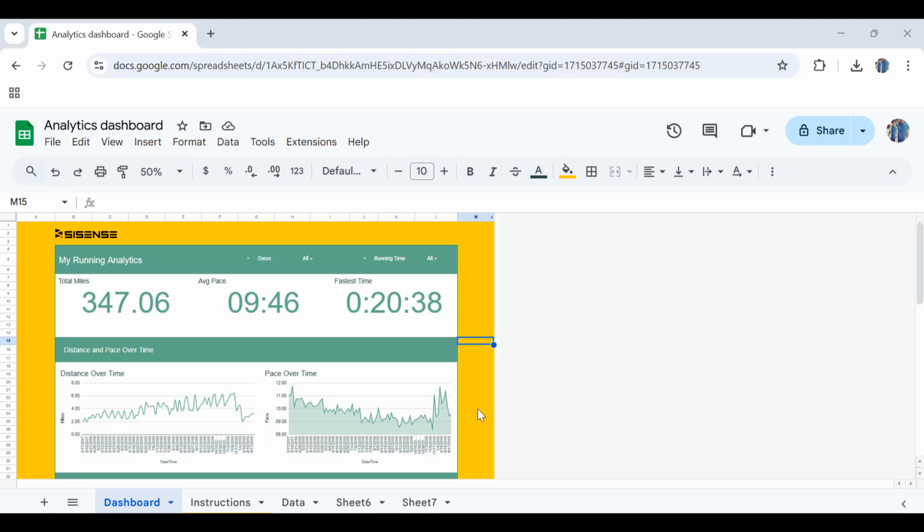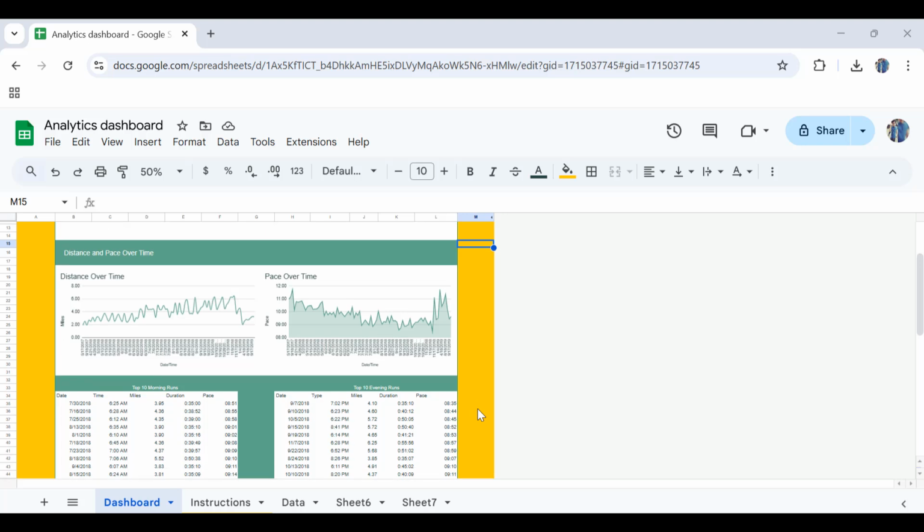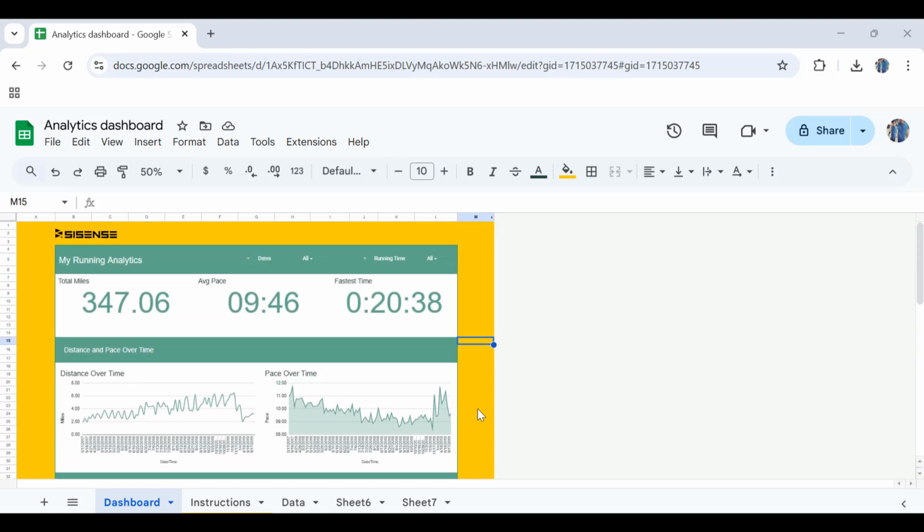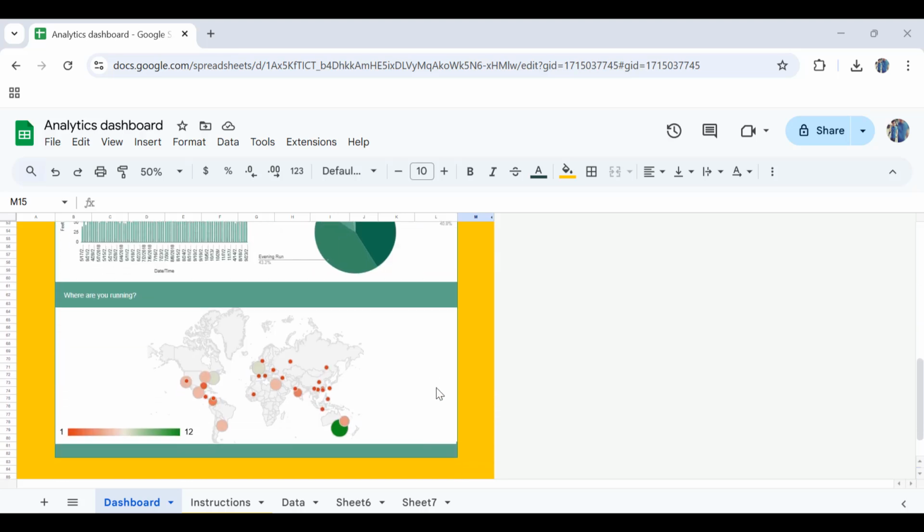I saw this dashboard on Google Sheets templates, which I found really useful, and I believe that the majority of the functions and everything used in this dashboard will come in handy for those who are working with data and want to visualize their data in the most efficient way. So in this video, we'll create such a dashboard and go through the step-by-step process on how to create dashboards